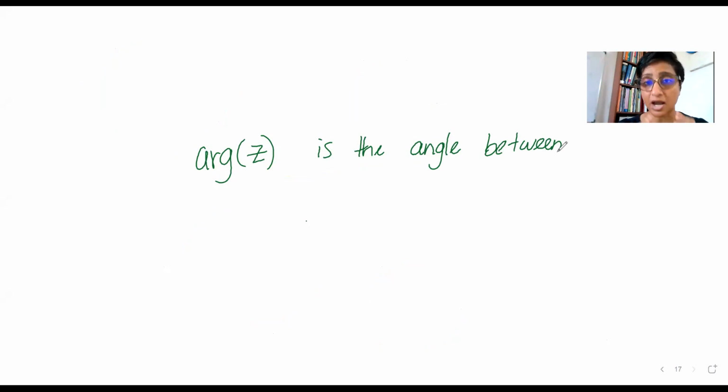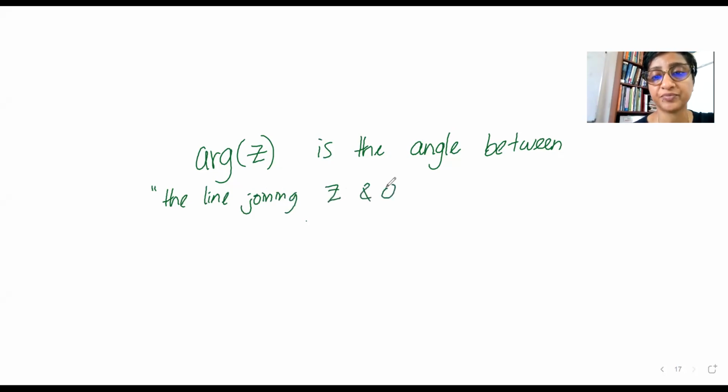So what are the two? Argument of Z is the angle between the first line, the line joining Z and 0, the position vector drawn to Z,